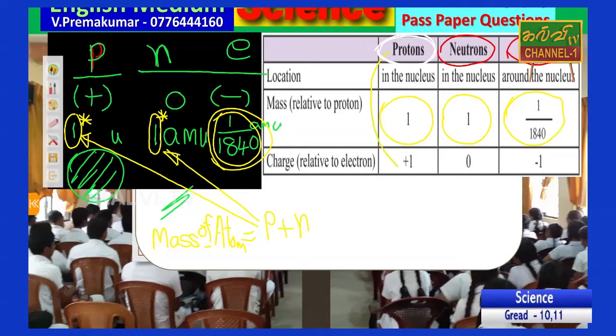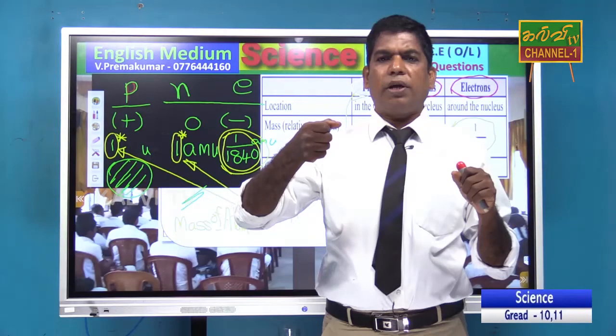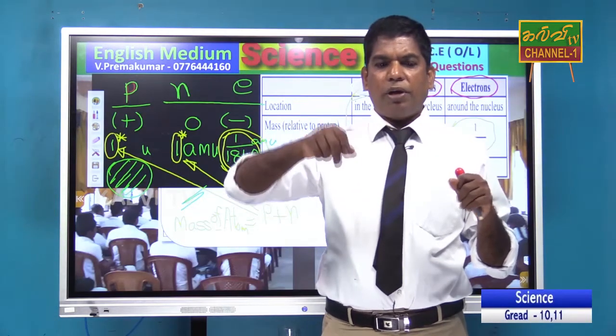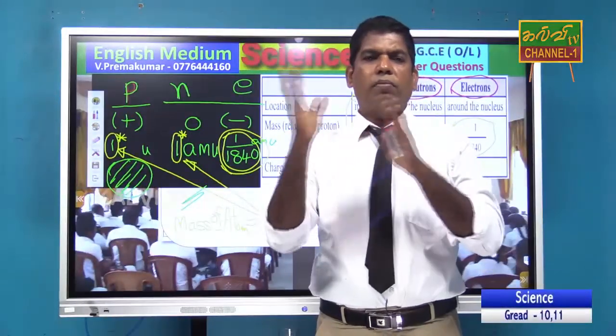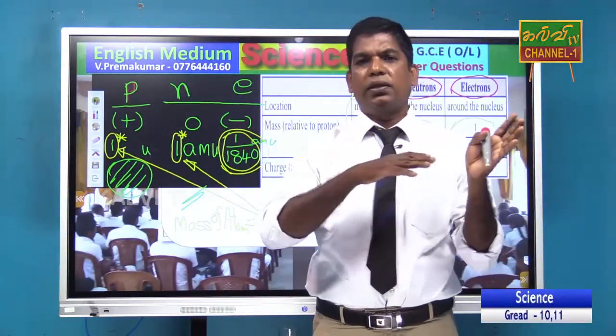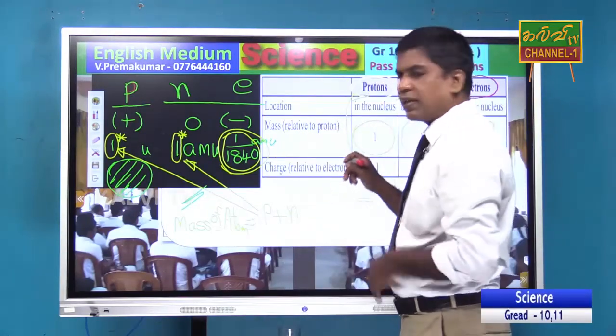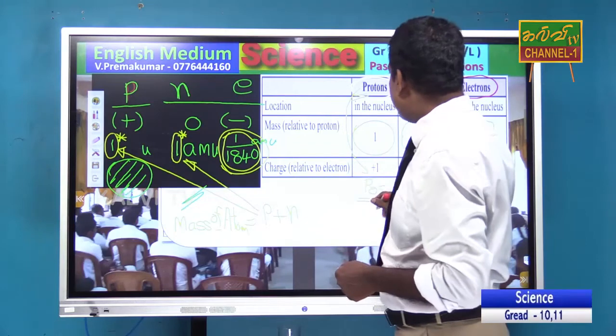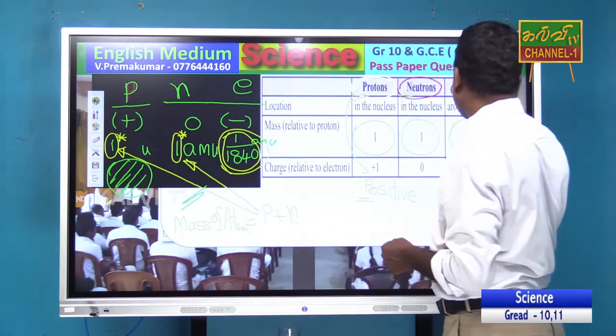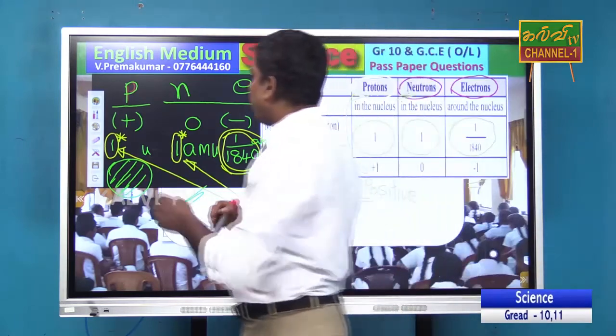Protons start with P, and positive also starts with P, so you can understand that protons are positive. Neutral means not moving. Neutral is important. When you think of a motorbike, neutral means it is not moving to the other side or this side. Now you can see the screen: the positive charge P is protons, and electrons are negative charge. We will go to the next slide.